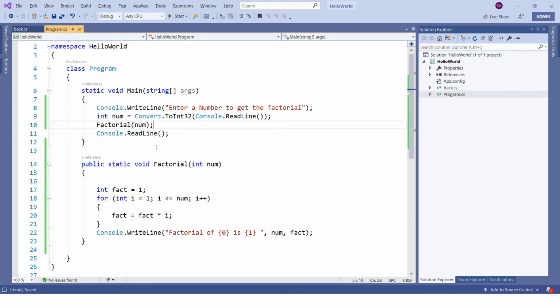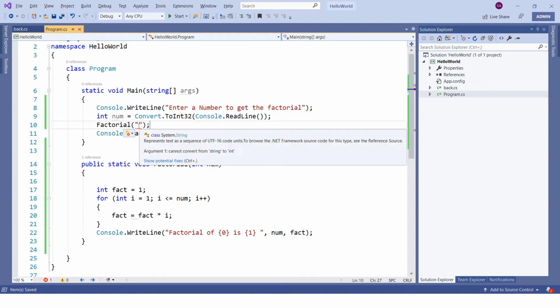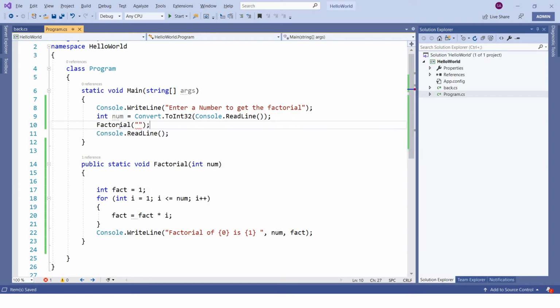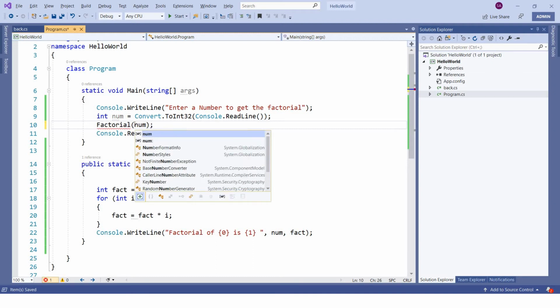If you see here, we are specifying the type of the parameter that we are expecting. So it has to be an integer parameter. If, let's say, instead of num, which is an integer value, I try to pass a string, it will start throwing an error saying that it cannot convert from string to int. Basically the function we are trying to call is expecting an integer value and you are trying to pass a string value, which cannot be converted implicitly. Due to that reason it is giving an error. So let's use the integer number.